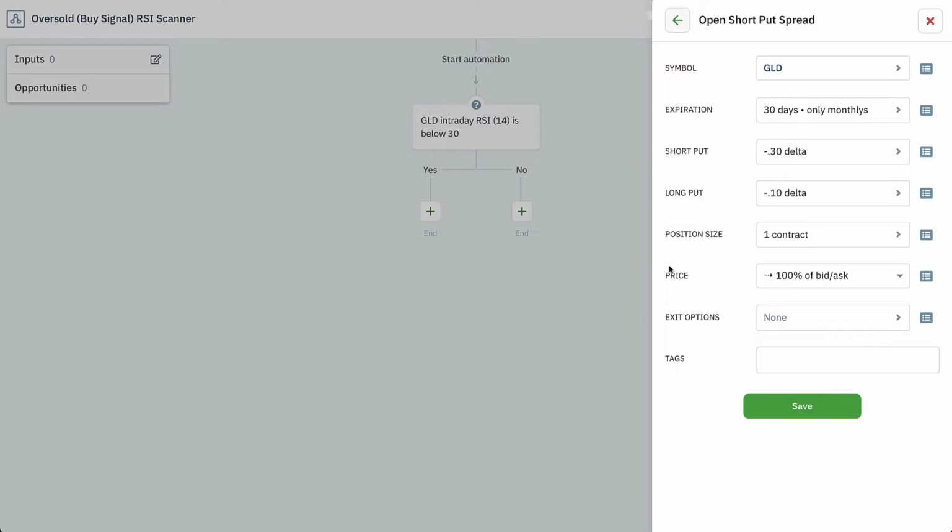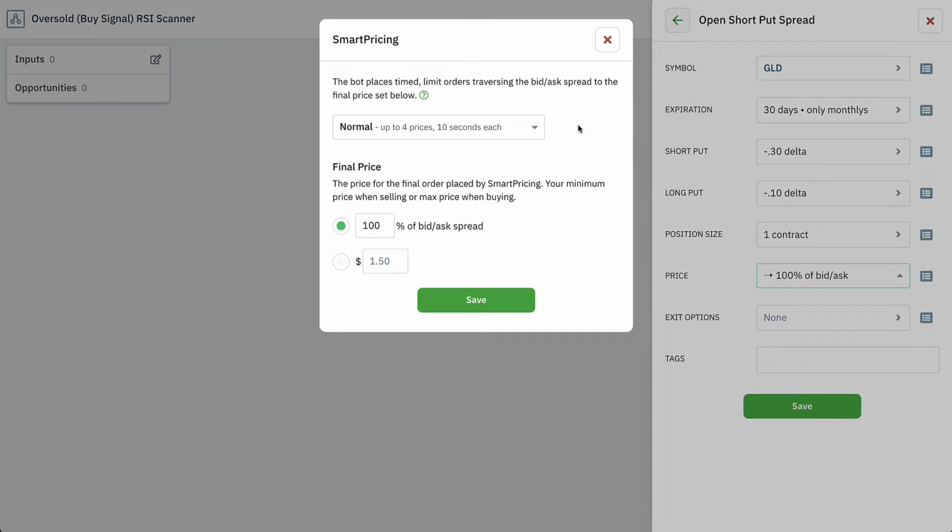So now what are we doing here to tell the bot to enter positions? We've told the bot, yes, we want you to do this, but how do we want this priced and how do we want these orders going over to our broker? Well, you're going to set that all up here in the pricing dropdown in something we call SmartPricing. Now, I'll deep dive into this in another video, but for right now, SmartPricing sends limit orders traversing the bid-ask spread for you, trying to